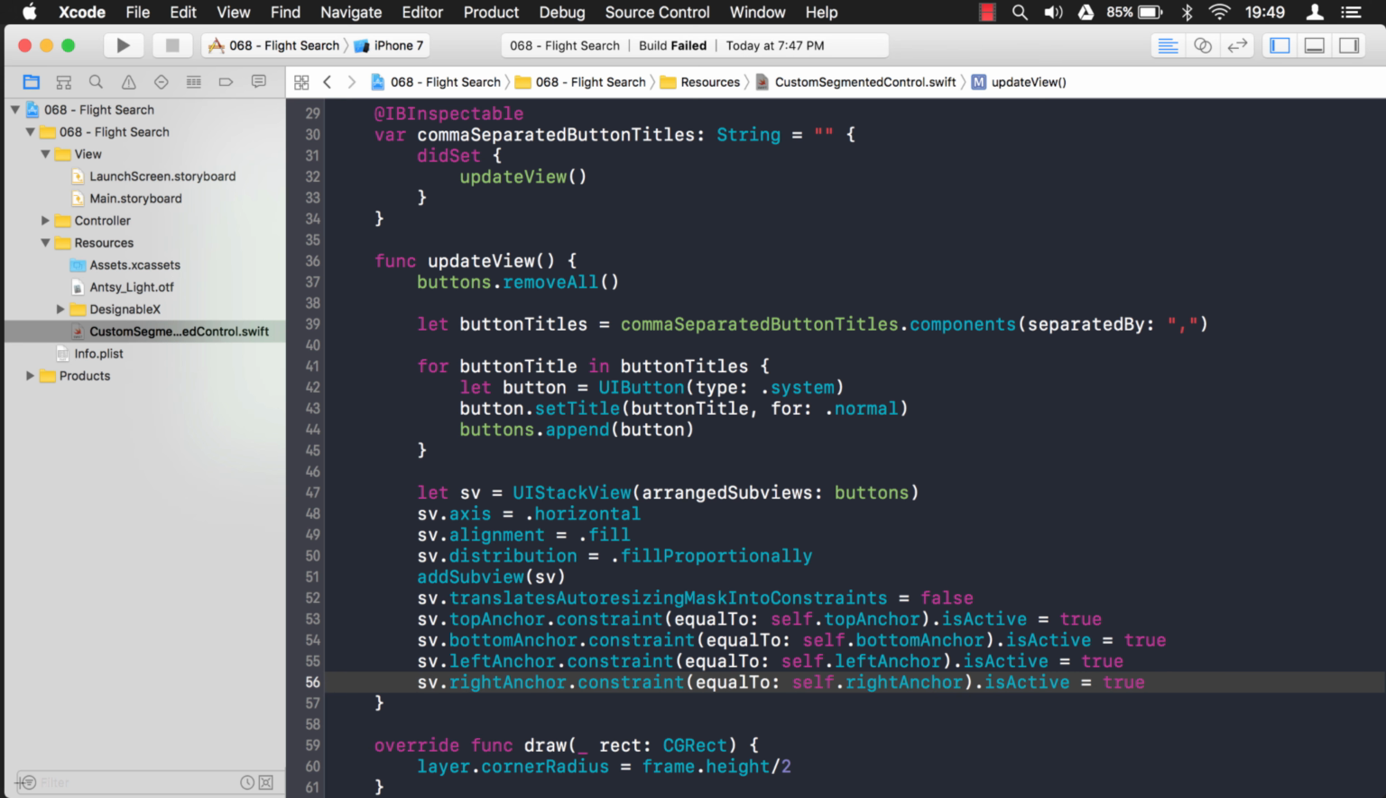All right, there we go. I think we're done. But there's one thing missing here. Now remember, this updateView can get called multiple times. So every time we change this property, this is going to get called. And if we don't change anything, it's just going to keep adding a stack view, adding a stack view, adding